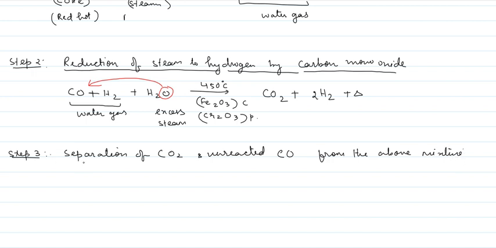We want hydrogen, we don't want carbon dioxide or carbon monoxide. It is the industrial preparation of hydrogen, so you have to remove the impurities from it. So how to do? Carbon dioxide is removed